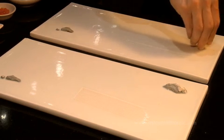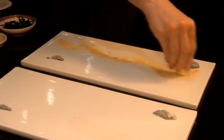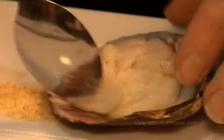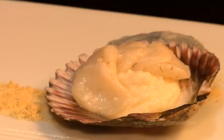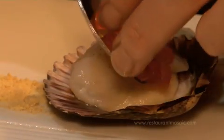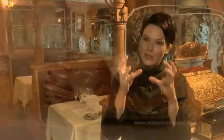So we've started the plate with a Seashore, which we prepared with a Genoa sponge cake, lightly dried, and then we bring in the elements. My first component is a scallop shell, which we fill with a ceviche of scallops, lightly marinated in a little balsamic. We serve this with dill, and then we recreate the roe. This is a more natural style of molecular gastronomy, where we use the roe of salmon to embed the roe